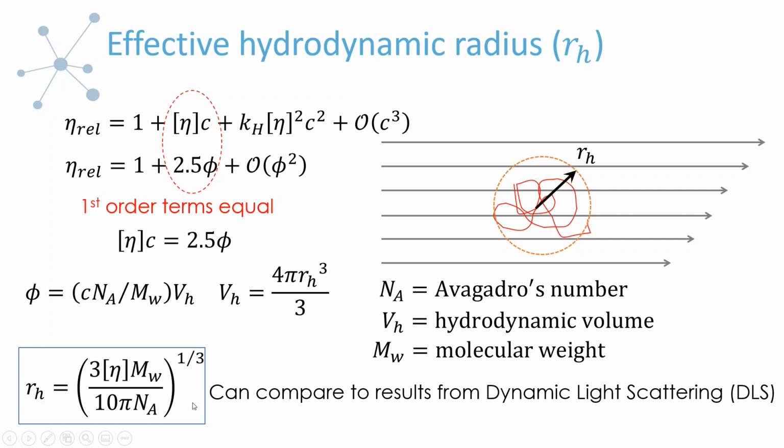Alternatively, if you don't know the molecular weight, but you're able to do some complementary analytical technique like dynamic light scattering, then you could measure hydrodynamic size, you could measure intrinsic viscosity, and get some idea what the molecular weight of your polymer is. So this is where understanding what intrinsic viscosity is, how to get it, and this is just a way where it could be valuable to you if you wanted to do more than just use it as a gauge and a qualitative interpretation of samples.